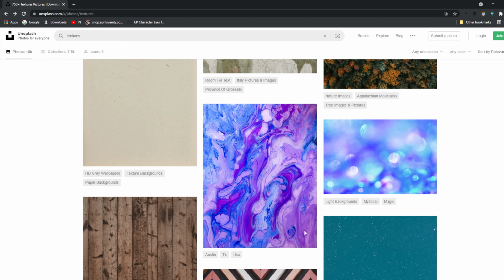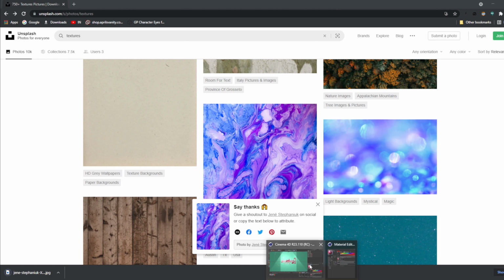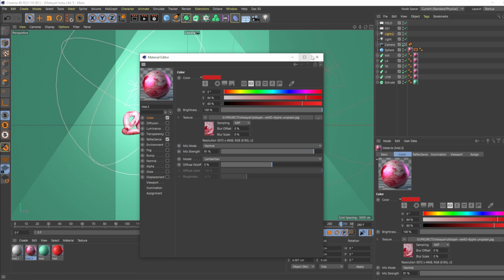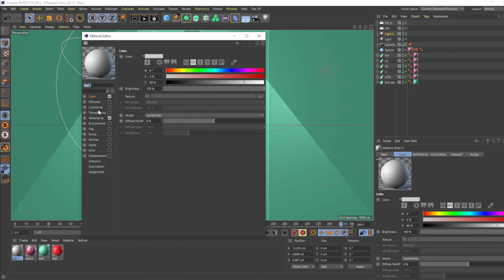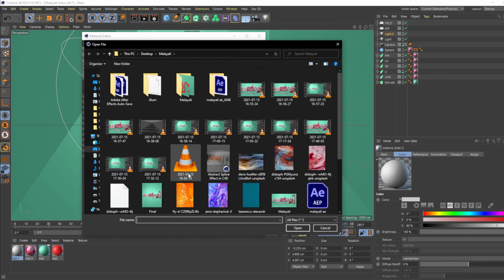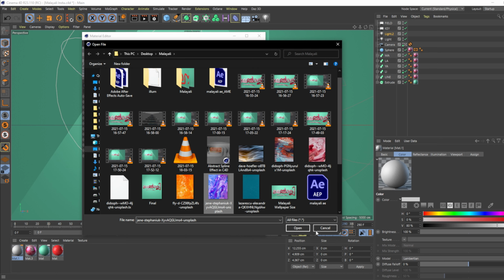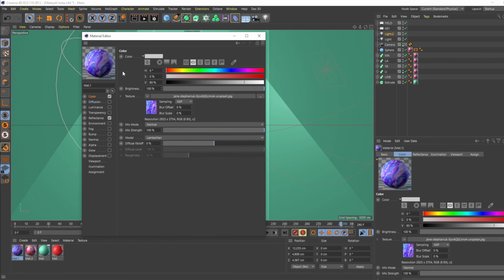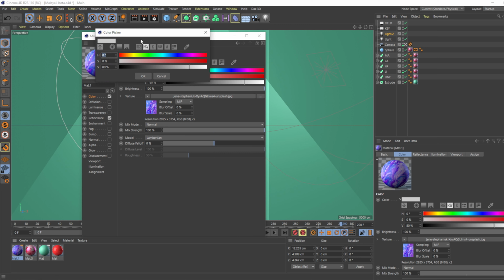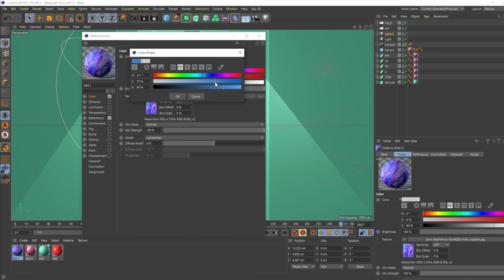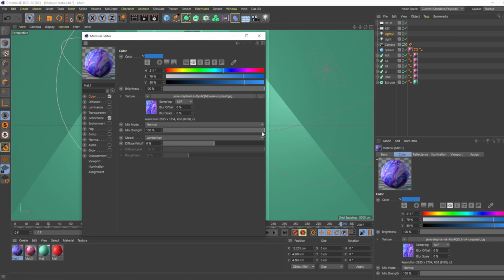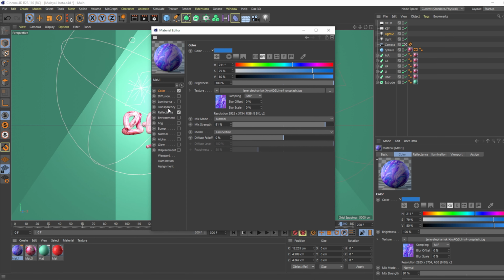Let me hit download. So let's go back to Cinema, and in the material we can load in that image. So it's here, the image is loaded, and let's change the color to something like a blue shade, and decrease the mix strength, something like this.